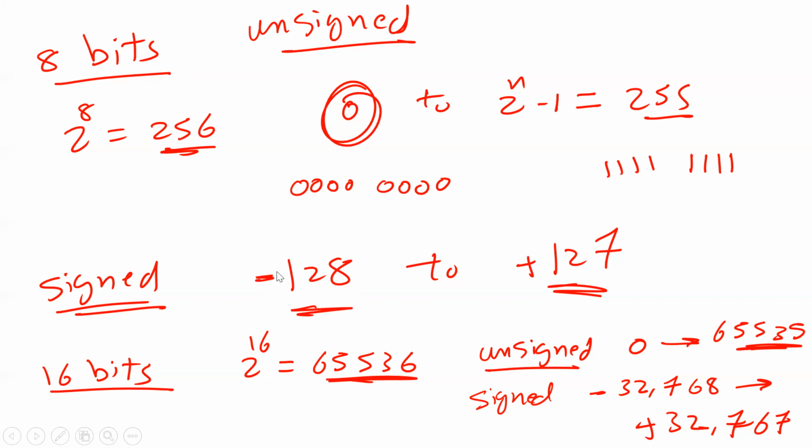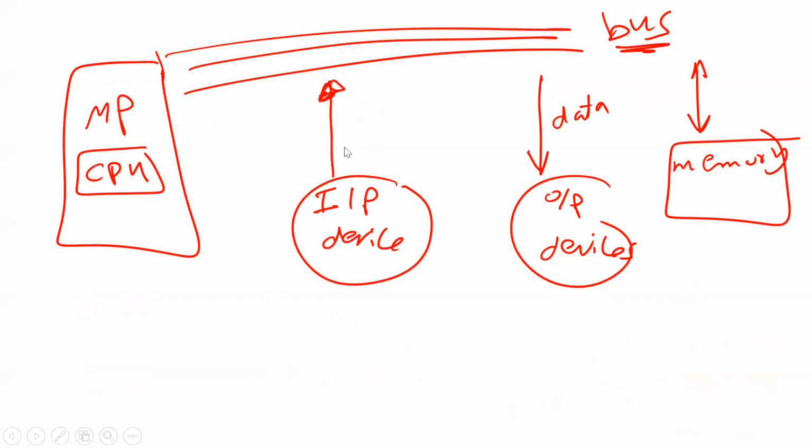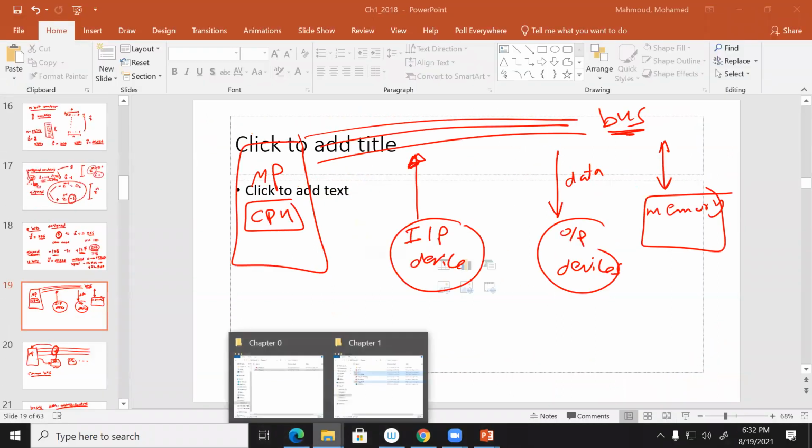So it's not from minus 128 to positive 128, because if you do it this way and you have 0 in the middle, in total I need 257. And as I told you, in 8 bits, I'm going to have only 256. That's why they are not exactly in half. Okay? Half and half. Is that clear? Okay, anyway, so now I finished the first section here. So let me go to the slides.